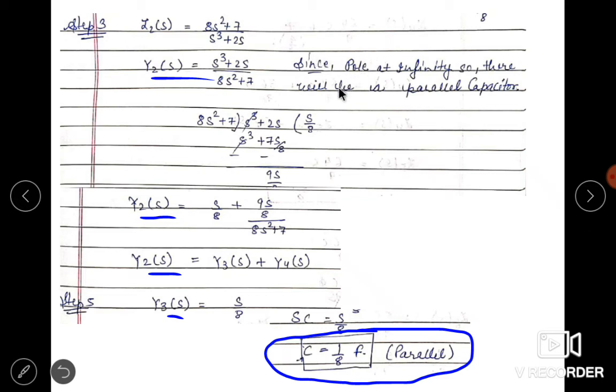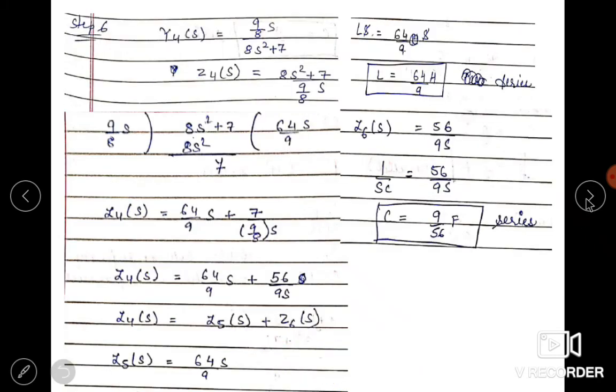Since the poles are positive, these values are in parallel. I have shown this in the previous figure, how this value is coming, and how we interpret this capacitor, why it is connected in parallel with the circuit. So these are the steps to find out the value of the C. Now, in the next slide, we have to find out the